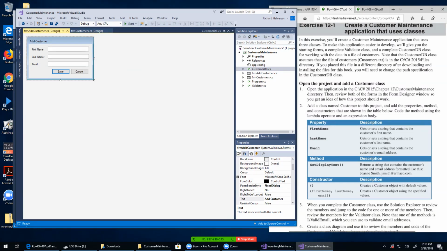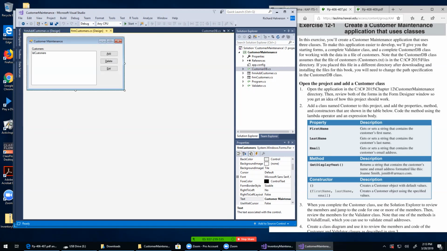And there's going to be a constructor here that we'll use, which we're able to just call this constructor with these arguments already: first name, last name, email, and it'll create a new object with these properties already filled in. And this add customer form will return that object when you click the save button. The user has filled all this stuff in, clicks the save button, and it will return that object back to this form, this code here,